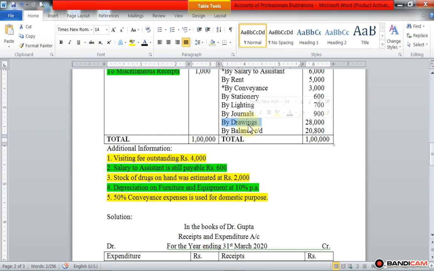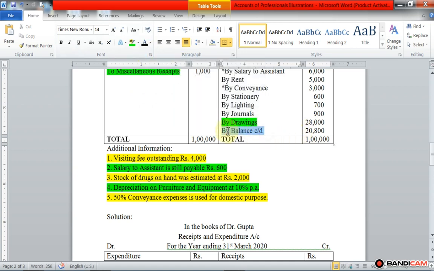Okay, and it is deducted from the capital, but here first of all we have to find out the surplus or deficit from the professional activities, then we give the effect of that drawing. So here we make a highlight for the drawings. After finding out the surplus, then we give the effect of drawings. Here we have to prepare one working note to find out the actual drawing of the Gupta. Okay, so here we make the highlight by green color drawings.